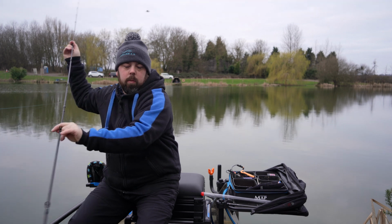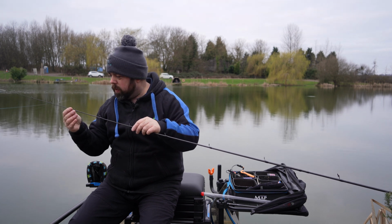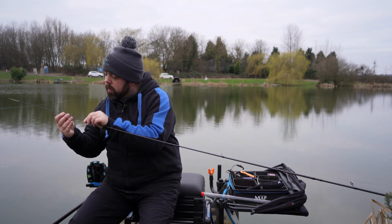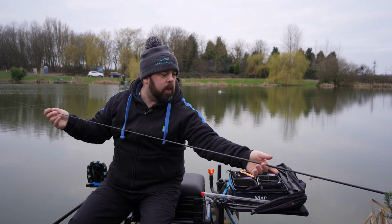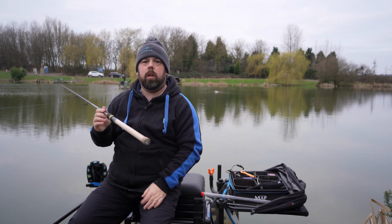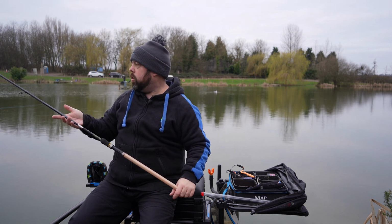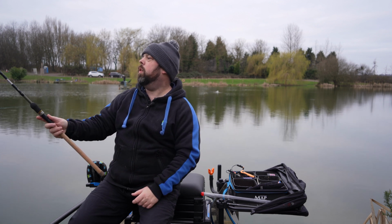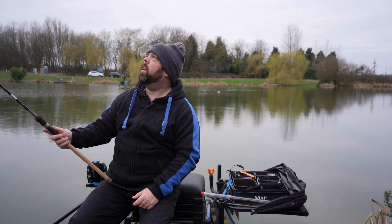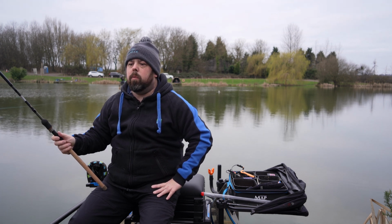I'm just gonna put that to the side so we can just double check it in close, make sure it all lines up, and make sure that all your eyes are in the right place. That's lovely. And to actually hold it, I mean, it's a joy. It's a joy to hold. It's really smooth action. I have caught one fish on it already, not today. I have caught a carp on it last week, but the weather was so windy